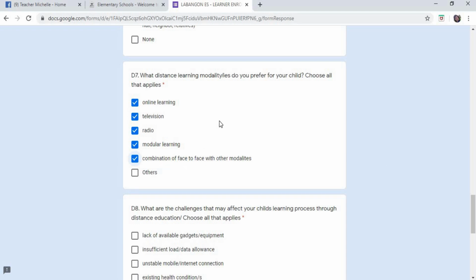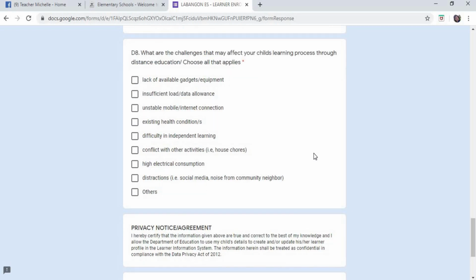So it's really flexible, and you as the parent are actually in charge. You can really choose what among these learning modalities you wish for your child so that he can learn. All we need to do is to check on the surveys on who among or how many have chosen modular learning, combination face-to-face, online learning, so that we can make our necessary schedule of adjustments as well. No, we will adjust to the needs of the students. Okay, rest assured that is it. So in this case, I will choose online learning. Okay. Next,